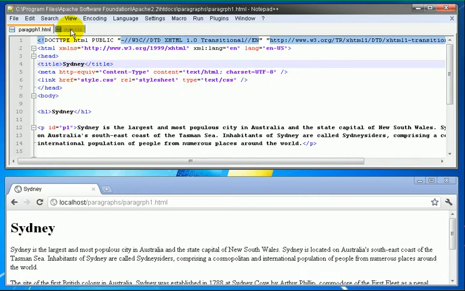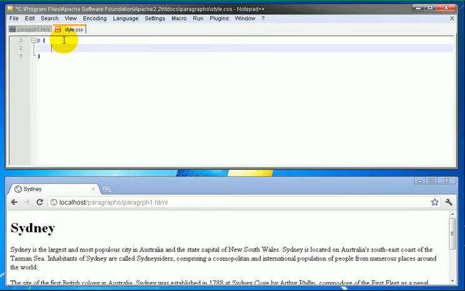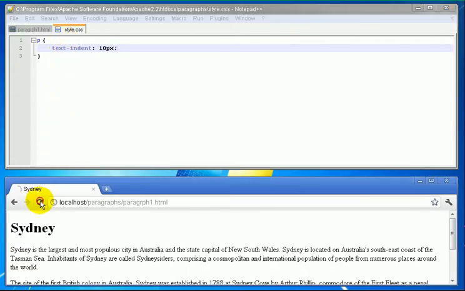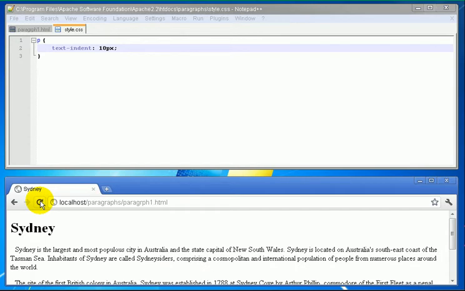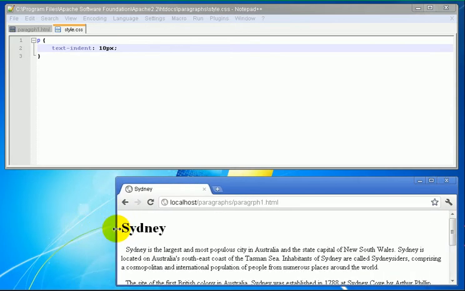In many documents, it's common for a paragraph to start with an indented line. We can make use of the text-indent property to achieve this. Text indentation may be specified in absolute units, that is, in pixels. If we use absolute indentation, the indentation will be the exact 10 pixels that we specified, no matter what the window size is. Now I'll try resizing the window to be smaller, and as you can see, the indentation remained